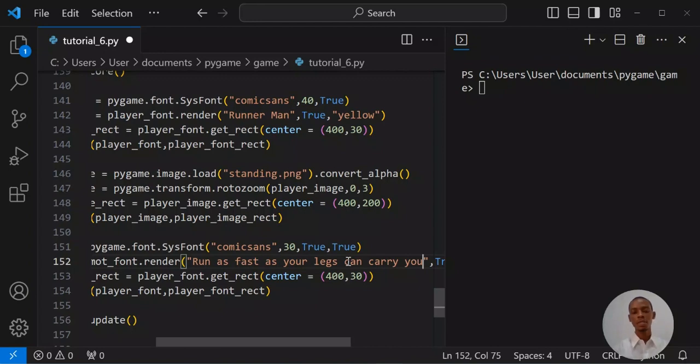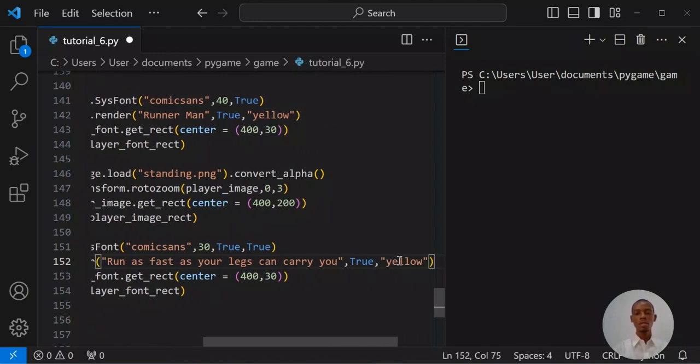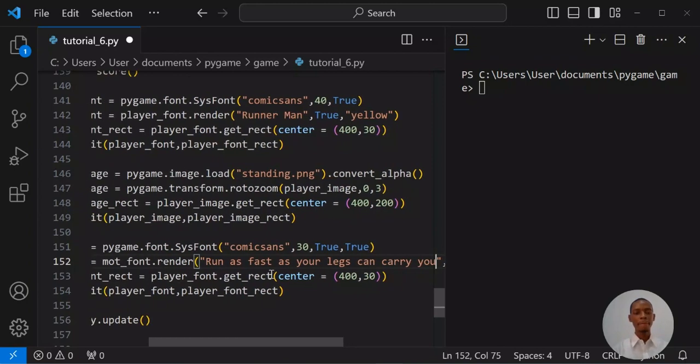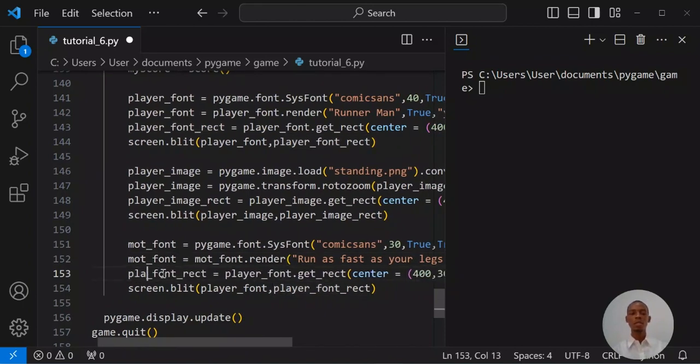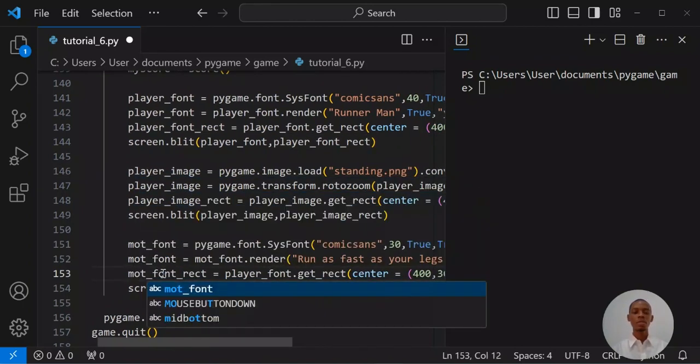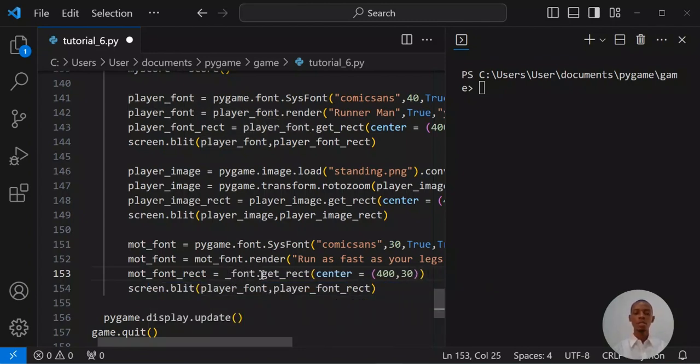You see, run as fast as your legs can carry you, and I want it to be styled, that's why it's true, and I want the color to be yellow too, and I have to change this again to mot here too. I have to change this to mot, and